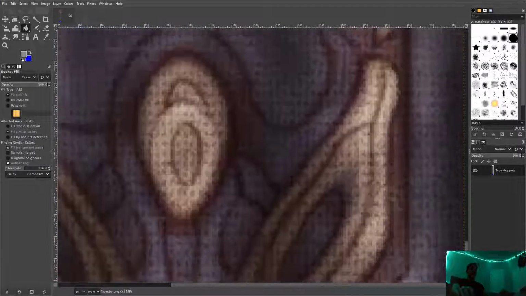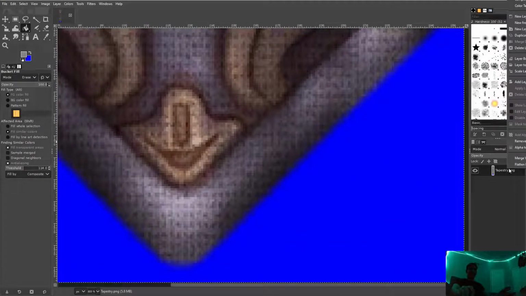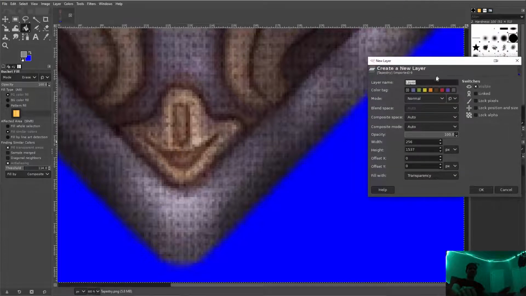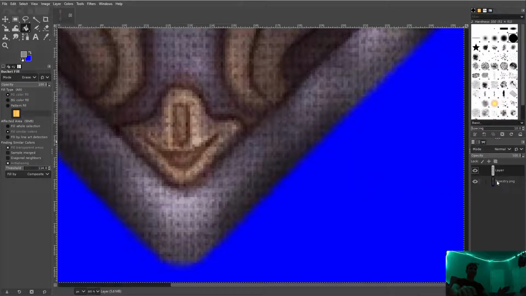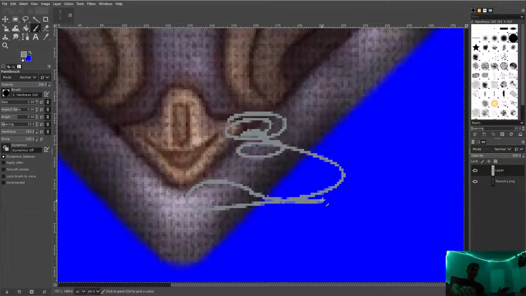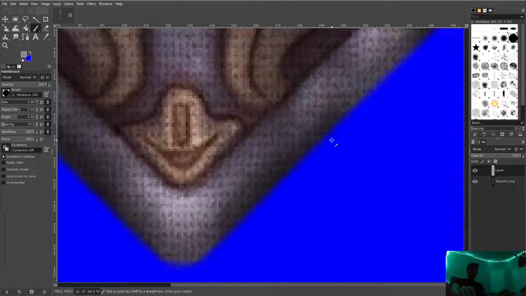What I am gonna do now is I can add a layer on top of this and make it have a transparent layer. Yes. And now we draw on that layer with a paintbrush. Brush tool? No, paintbrush. And you know,